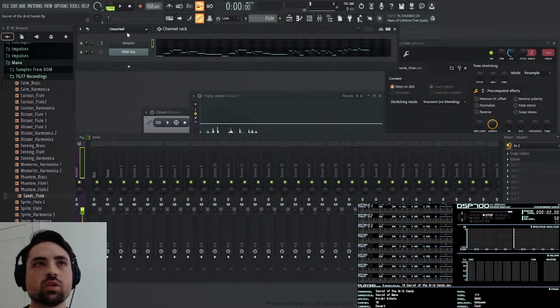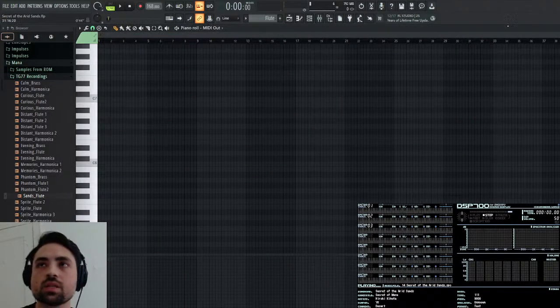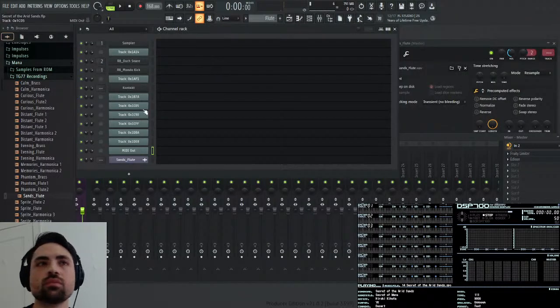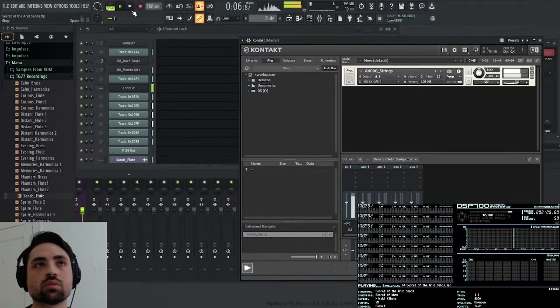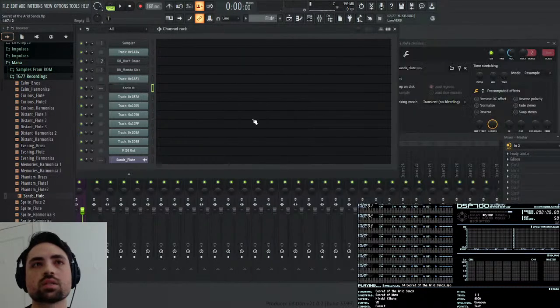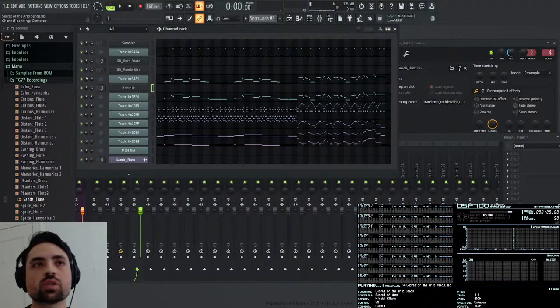Let's see. Let me go to all for the filter group. Let me remove these notes so it doesn't mess anything up. And let me go to string section and let me take it down to dB. Nice. So now we can give that a mixer track. Let me send the contact to channel 3 and the flute to channel 4. But let me also check on the panning for both of those things. So actually they're both center, I forgot.